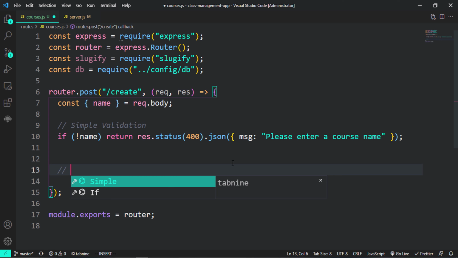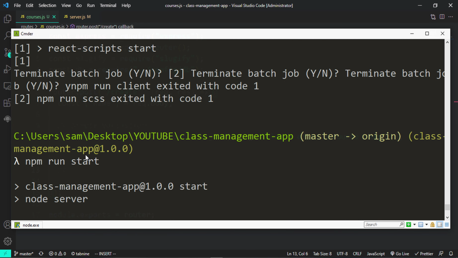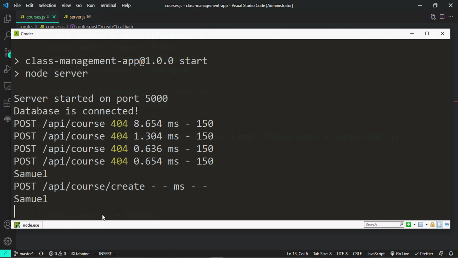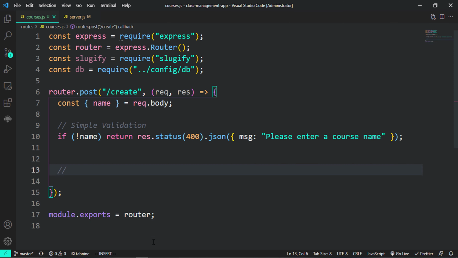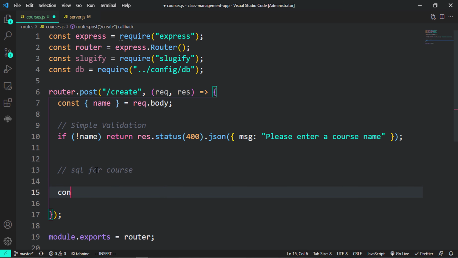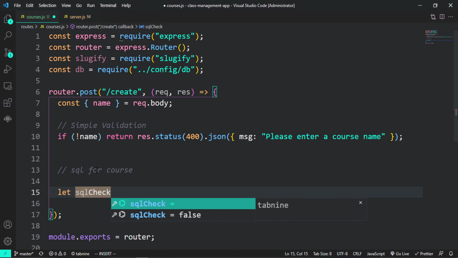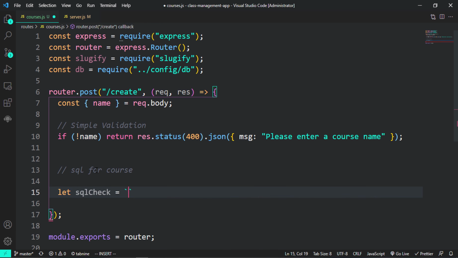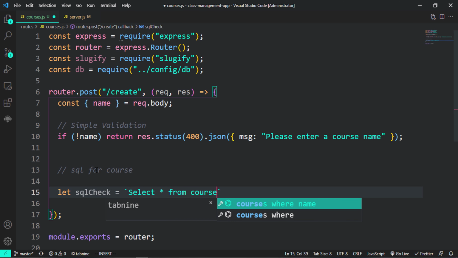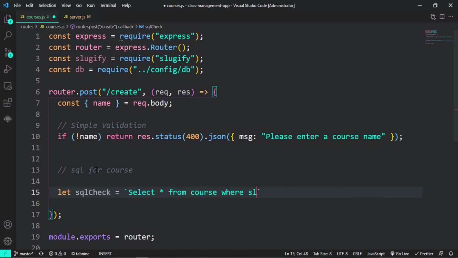So guys, one thing I forgot to mention is that when I save this right now, you should see something like database connected. Okay, maybe probably because we are not yet using that. But I'm going to say SQL for course. So let's say let SQL. First, we have to check if that course is in the database. Select star from course, select everything from course where this slug,